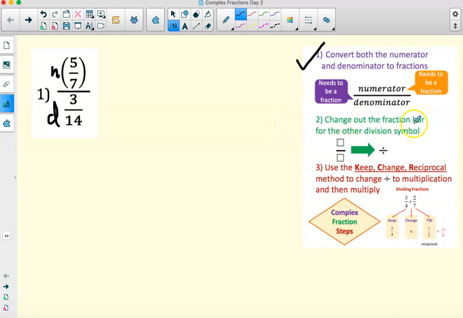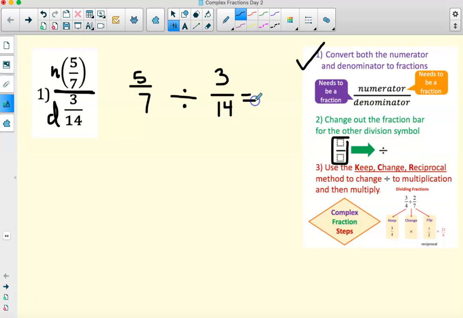Number 2, change out the fraction bar, there's the fraction bar, for the other division symbol. So I'm going to put the division symbol instead of this division symbol. And then what I'm going to do is take the numerator and place that first. When I read this complex fraction, I would say 5/7 divided by 3/14. Since I say the numerator first, that's what I need to put first when I'm changing the fraction bar to this other division symbol. The denominator goes second,